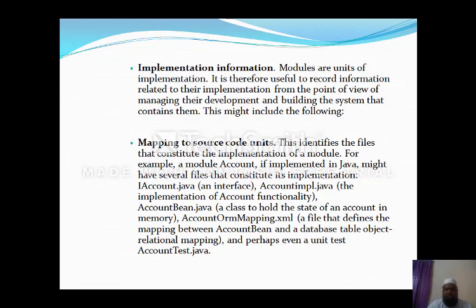If you look at all these files, one file is an interface, one file is the functionality, one file is the state of the objects, one file is what gets stored in the database, and one file is the test file. Here I have shown you all the files, which are the modules of a particular project or architecture. I gave the account module as a clear example, where it includes a list of files: interface file, functionality file, database file, state file, and then your testing file.